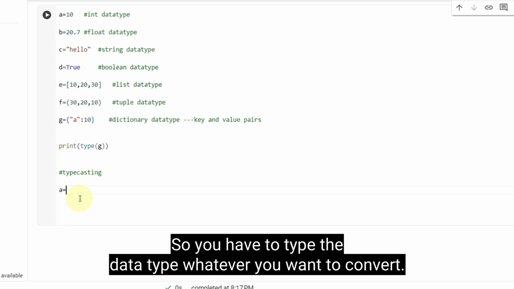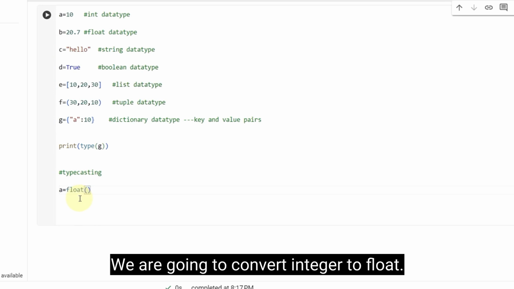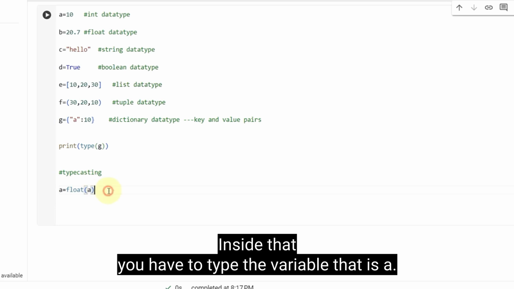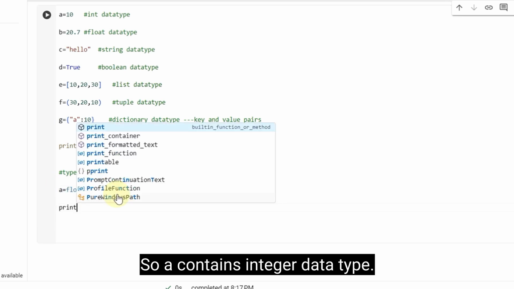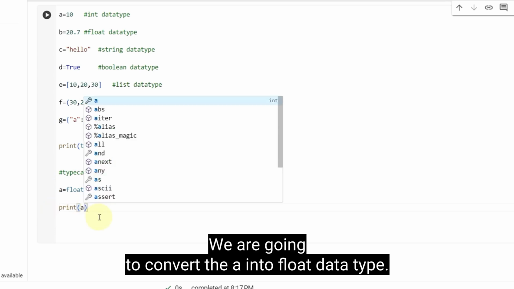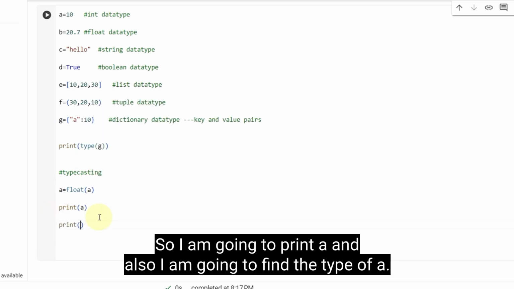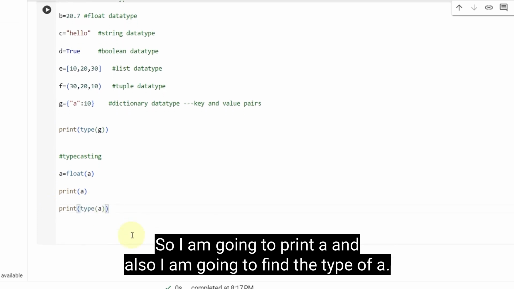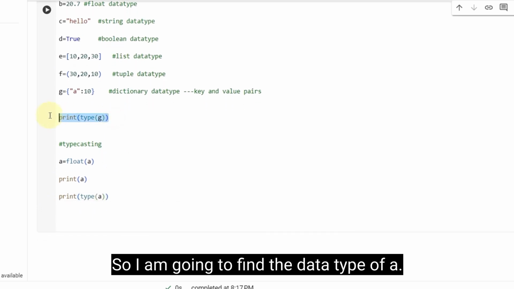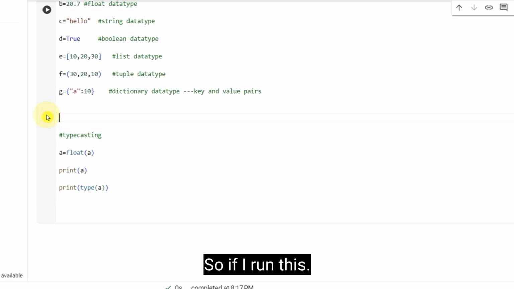You have to type the data type you want to convert to. We are going to convert integer to float. For that you have to type float. Inside that you have to type the variable, that is A. A contains integer data type. We are going to convert A into float data type. So I am going to print A, and also I am going to find the type of A. So if I run this